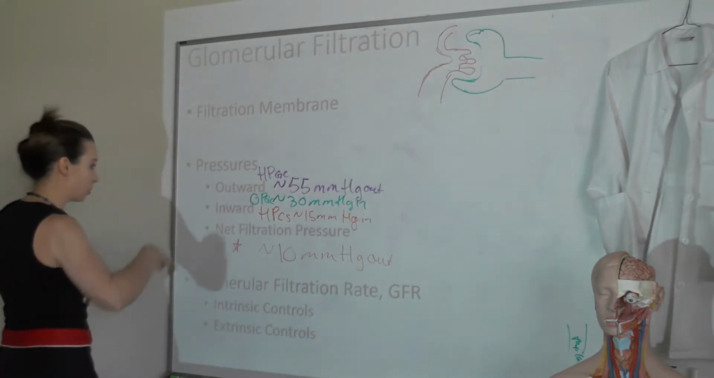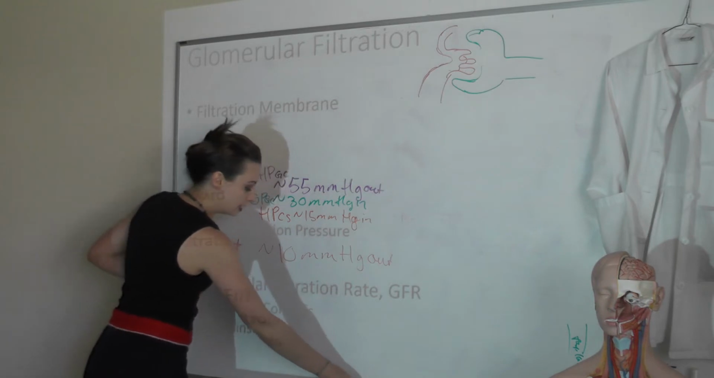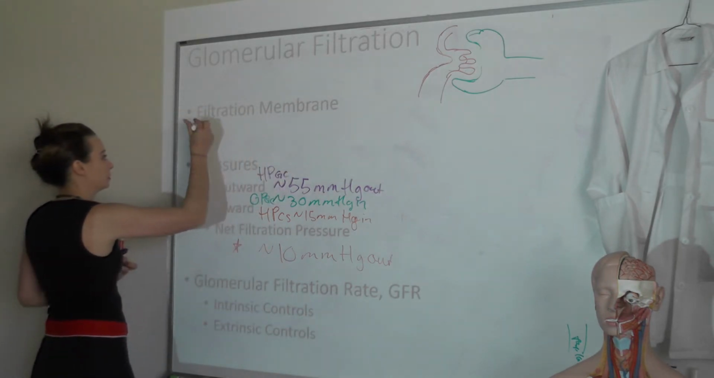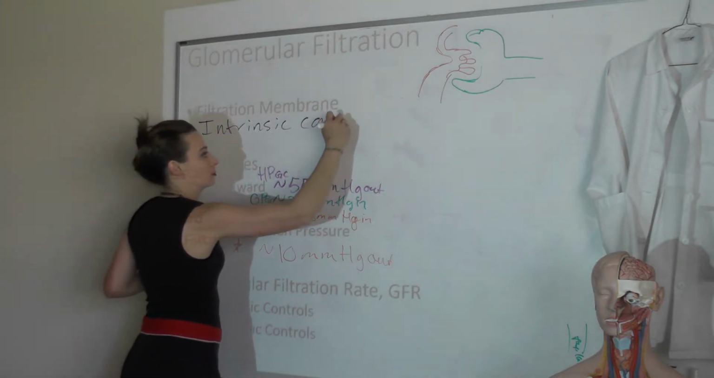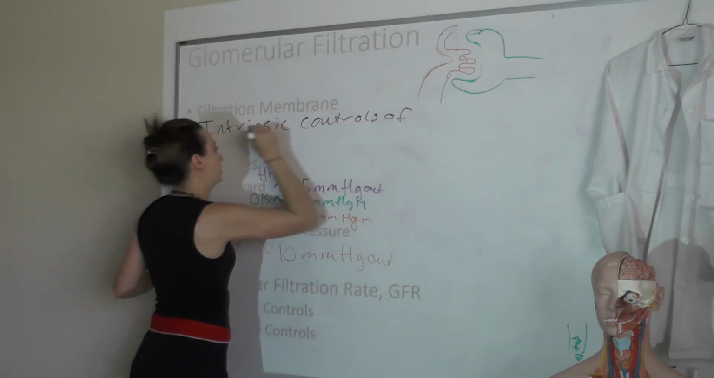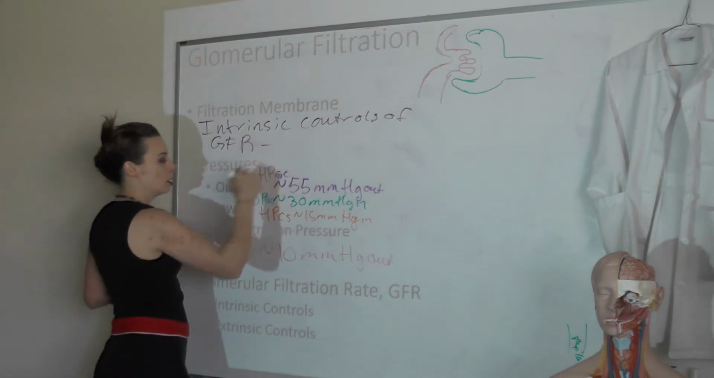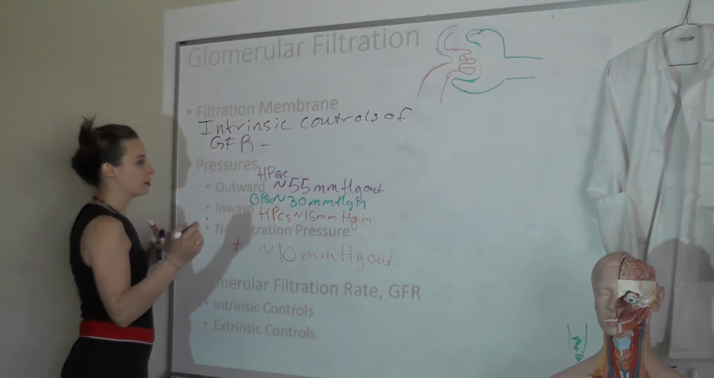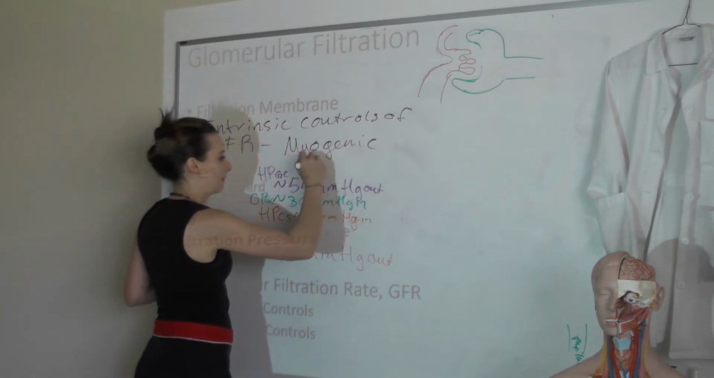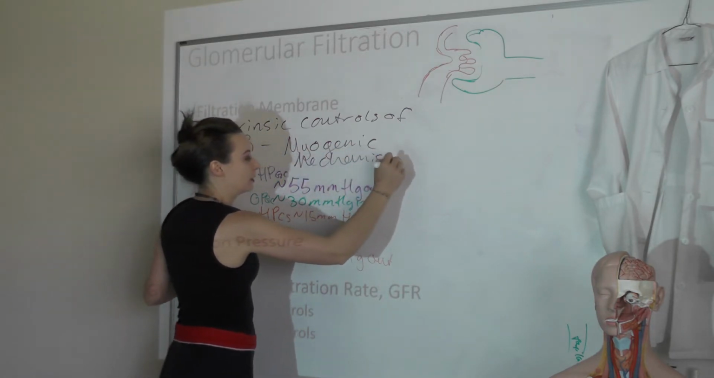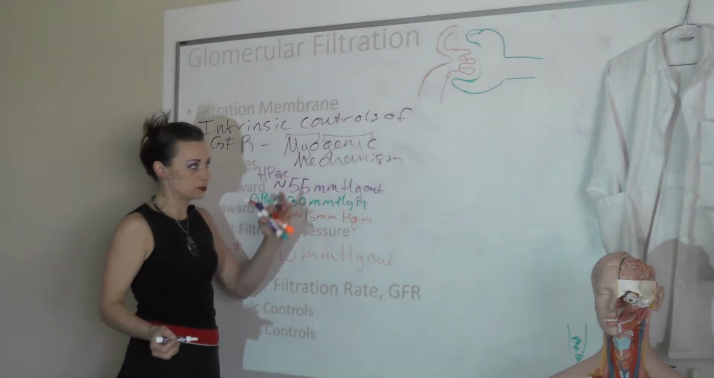Our intrinsic controls, I'm actually just going to write it up here. So for intrinsic controls of glomerular filtration rate, we've got two. Let's just talk about them one at a time. The first is called the myogenic mechanism. And if we look at this word, myo, muscle, genic, generate, this is generated by the smooth muscle in the